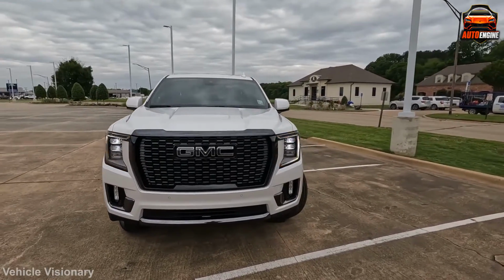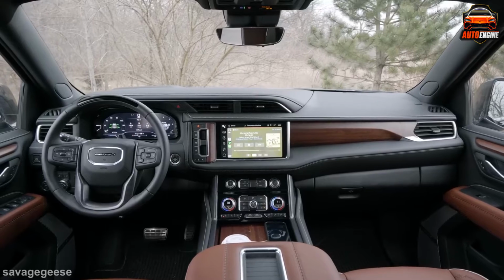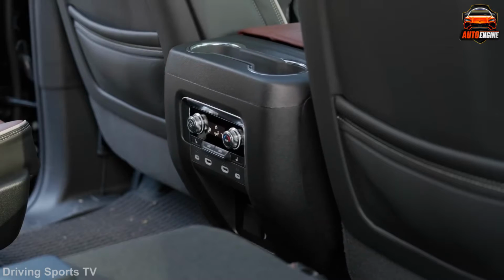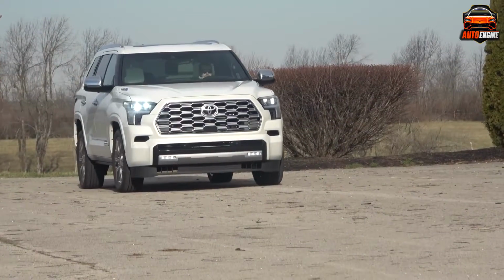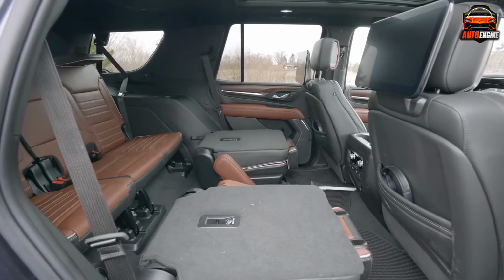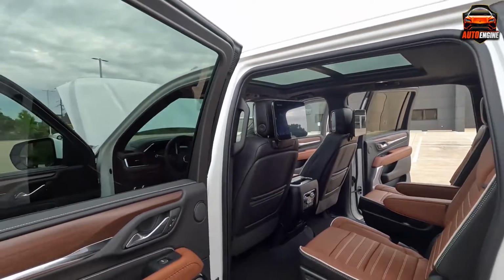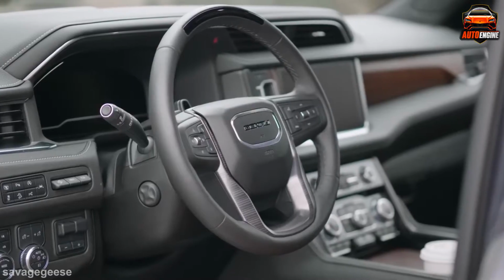Full-size SUVs are big cars that can be good for families and people who like adventures. In this video, we'll be looking at two of the most popular ones in 2023, the Toyota Sequoia Capstone and the GMC Yukon Denali. These aren't just vehicles, they're symbols of luxury. We'll dive deep into their engine, exteriors, technology, and safety features to help you decide which one deserves a spot